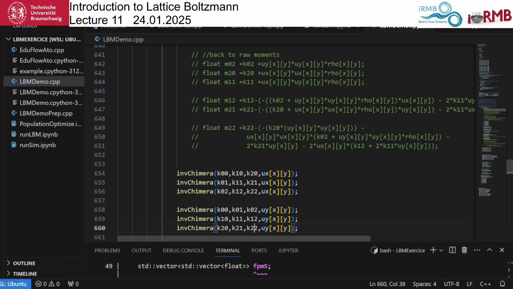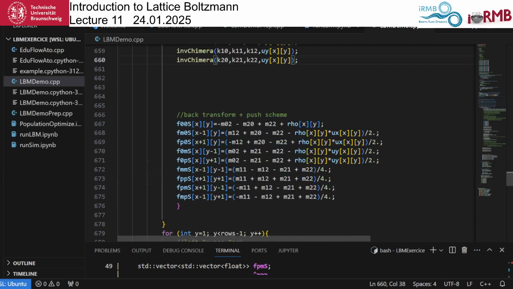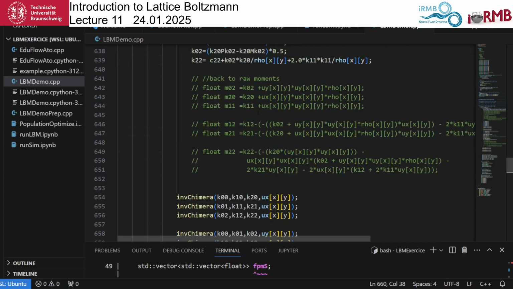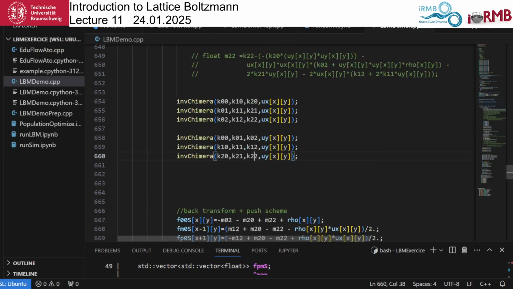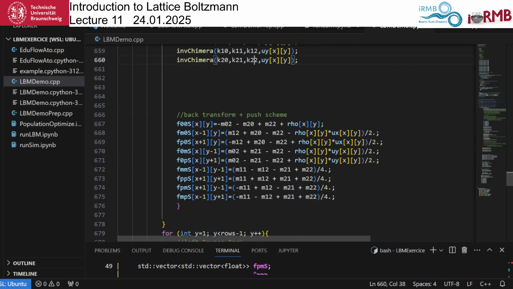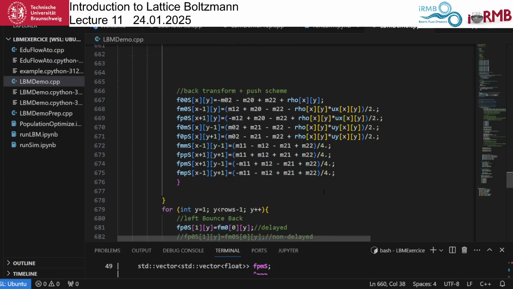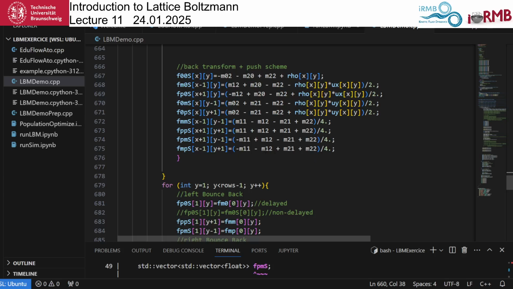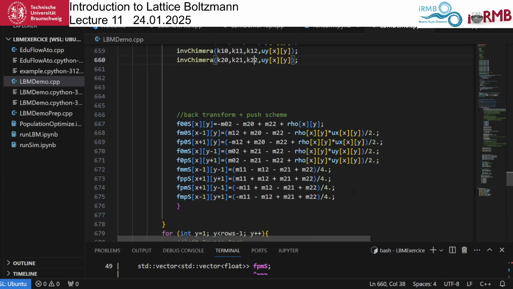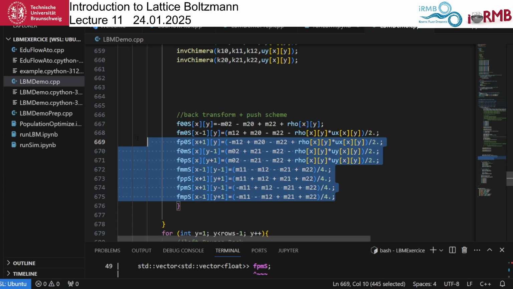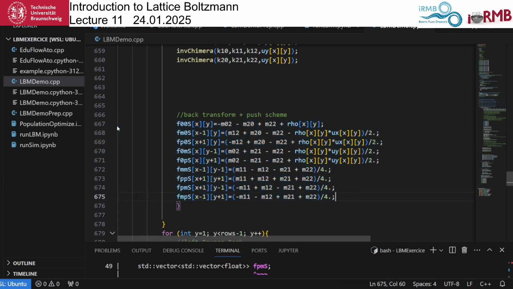Okay, so now we have done this transformation. Previously, this here does not look so bad, yeah? It's just a transformation from the central moments to the raw moments. But then we have to go from the raw moments to the populations. And this is another transform that now we do not need any longer. So instead of this, we just have to identify